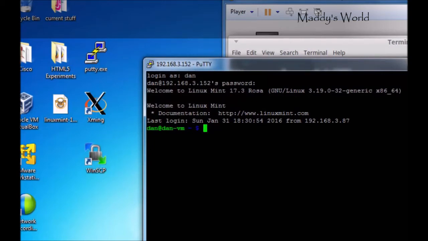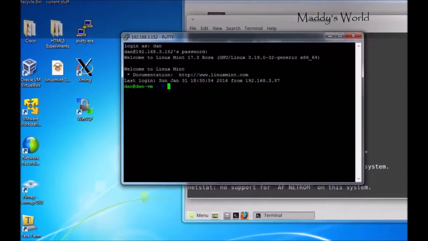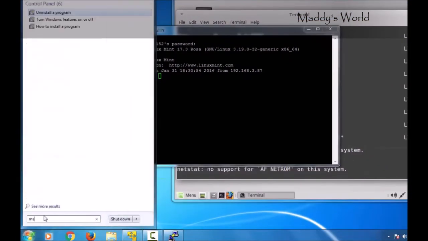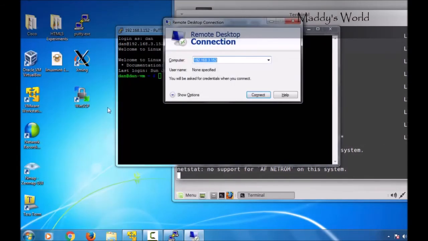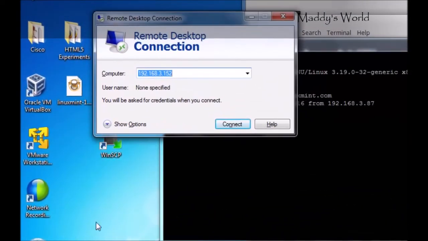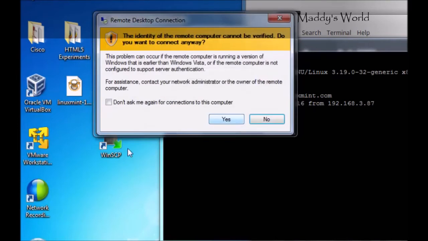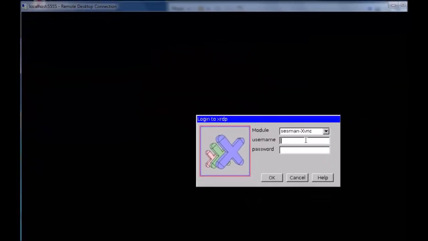So to do that, let's try to do it with remote desktop. I'll open up the remote desktop client at mstsc.exe, Microsoft Terminal Services Client, and I'll try to connect to myself, localhost:5555, and press connect. And you can see, yes, I want to do this connection. I'll put in my username Dan and the password student,